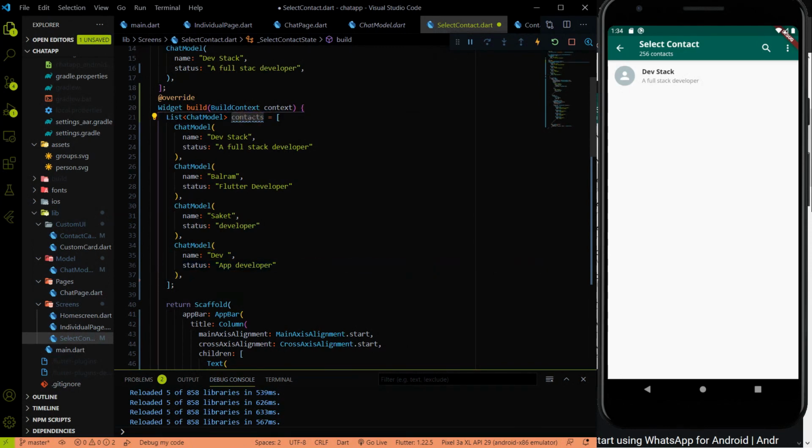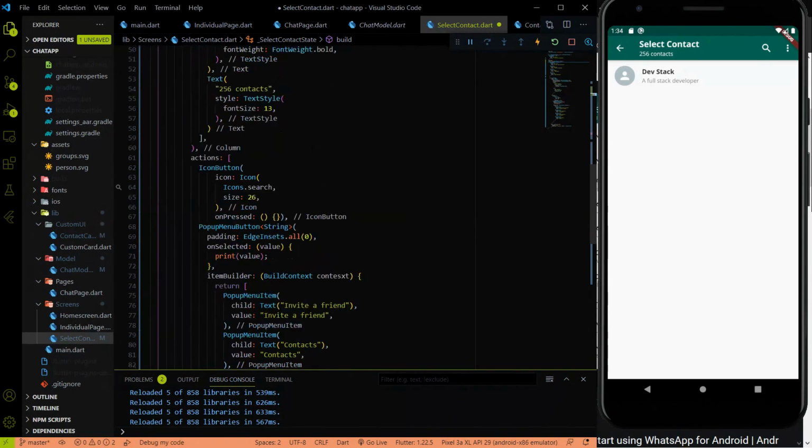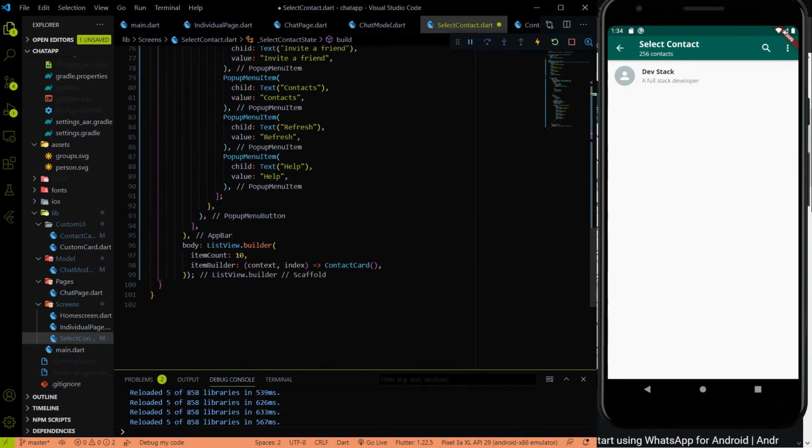I'm going to use these contacts, and with the help of these contacts, I'm going to initialize the contacts.length for the item count, and I'm just going to pass this contact to our contact card.